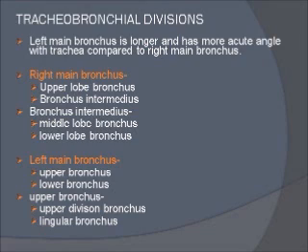So we will take the right lung. The right main bronchus first gives off an upper lobe bronchus, and then it continues as a bronchus intermedius. And then bronchus intermedius gives rise to lower lobe and middle lobe. So we have upper lobe bronchus, then bronchus intermedius, then middle lobe bronchus and lower lobe bronchus. On the left side we have only 2 bronchi, the upper lobe and lower lobe bronchus, but the upper lobe bronchus further gives rise to upper division bronchus and lingular bronchus. I will tell you how these bronchi further give rise to segmental bronchi.